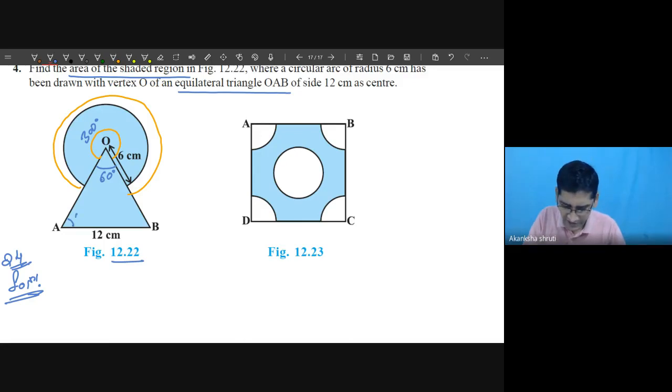Since it is an equilateral triangle, all these three angles are 60 degree. And from this 60 degree at the vertex O, the area of the major sector can be calculated by taking the angle at O for this major sector. It is our 360 minus 60. It becomes 300. How have we calculated this? Do you have any doubt? It is our 360 minus 60 degree.